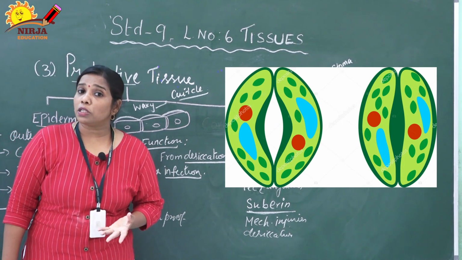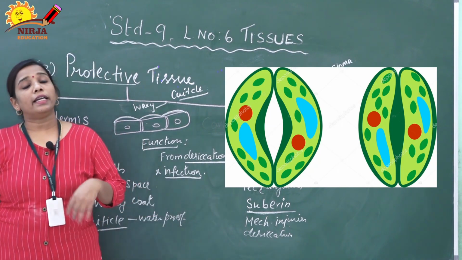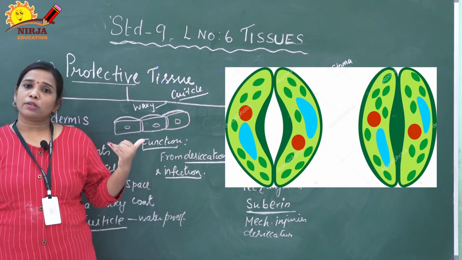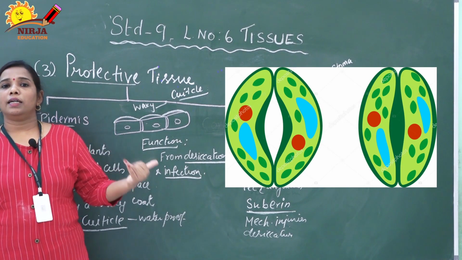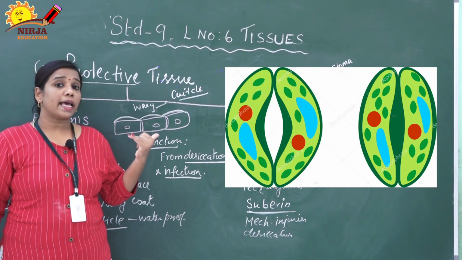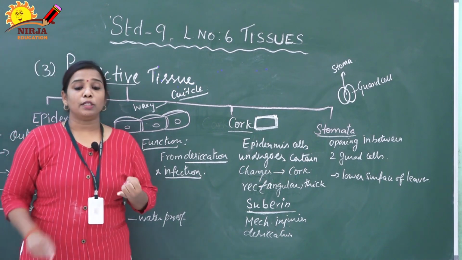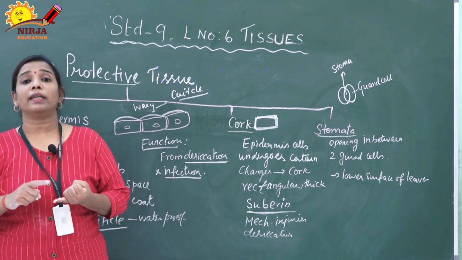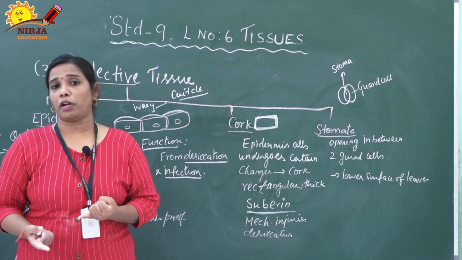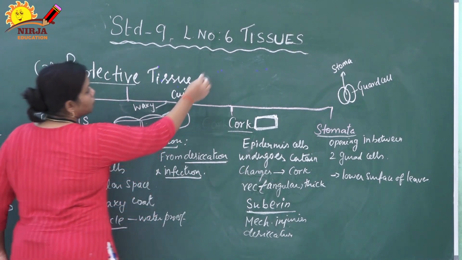So the stomata is involved in photosynthesis, and at the same time in respiration. What is meant by respiration? We know it is inhaling and exhaling of gases. That process also occurs through the stomata only. The stomata acts as lungs. Now what is the function of the stomata? First, excessive water can be released in the form of water vapor. That is called transpiration.